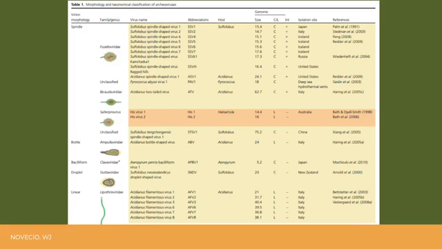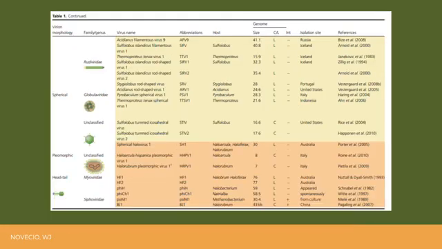Thus far, RNA viruses that can replicate in the laboratory on archaeal hosts are unknown, despite the fact that a variety of RNA viruses infect bacteria and eukaryotes. So this table is a summary of the archaeal viruses that have been isolated and characterized thus far. And also this table is the continuation of the previous slide. It also shows the specific host of the archaeal viruses and their isolation sites.